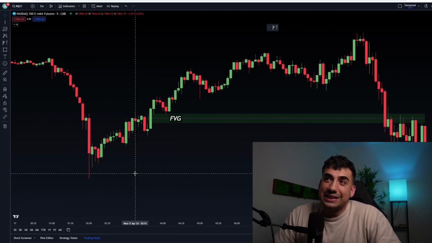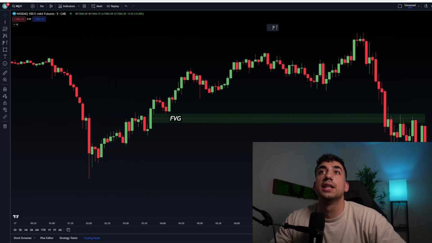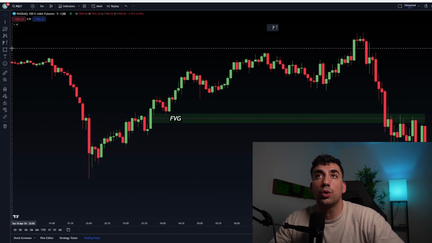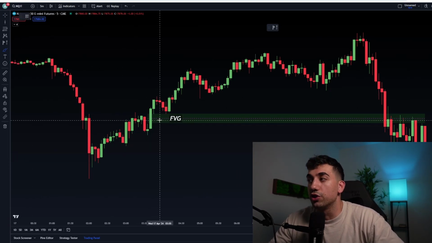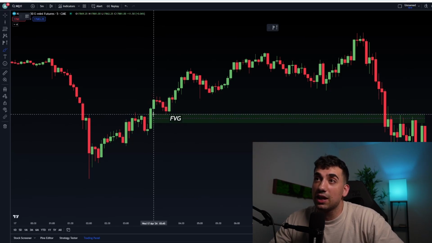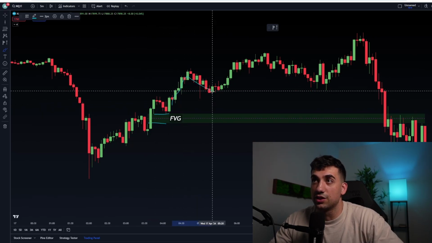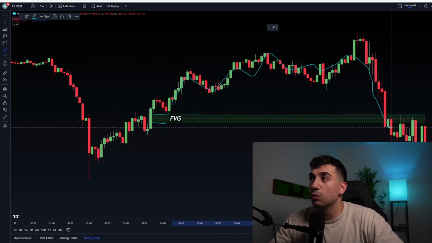A fair value gap is giving you an area to look for an entry, say the gap needs to come back down, get filled, and then continue in a certain direction, or it needs to be retested for a rejection. You can see, for example, let's take this fair value gap in this case. You can see that it never came back to get retested. You see, guys, here the price got held. It just kept going higher and higher and higher, and it wasn't until